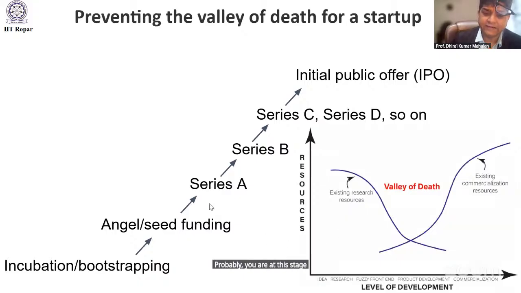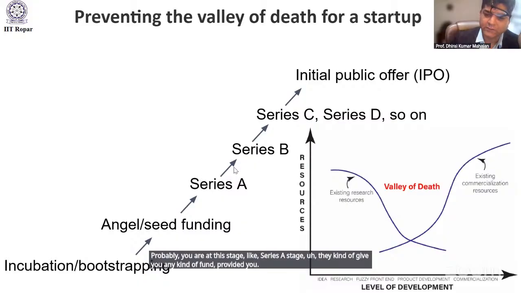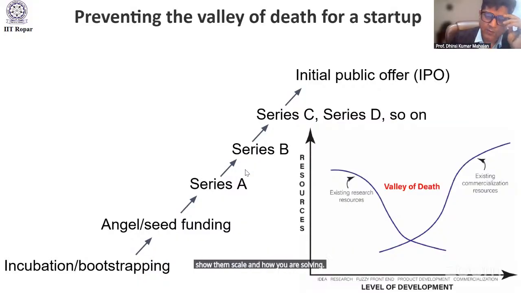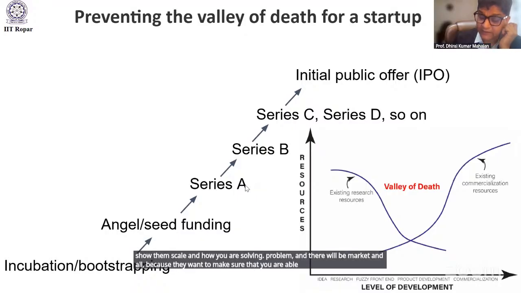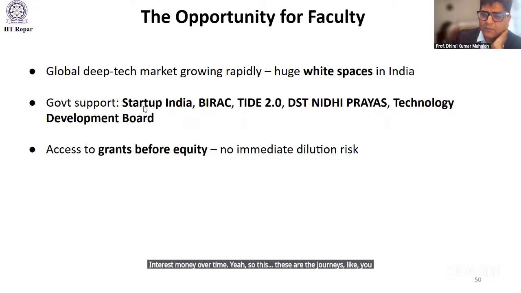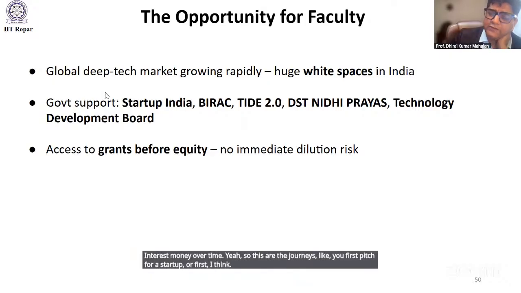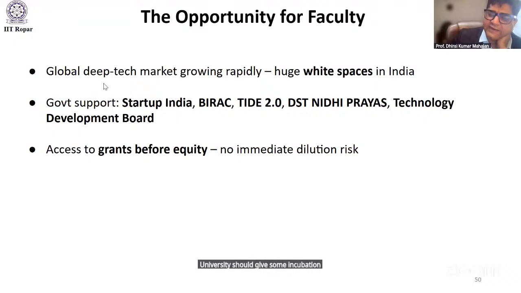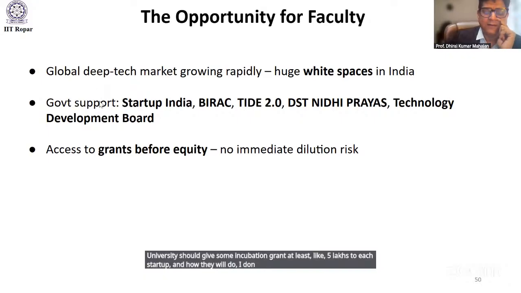like the Series A stage. They will give you funds, provided you show them scale and how you are solving a problem, and that there will be a market, because they want to make sure that you are able to return their 5% interest money over time. And yeah, so this is the journey: you first pitch for a startup, or first I think the university should give some incubation grant, at least 5 lakhs to each startup. And how they will do it, I don't know, but